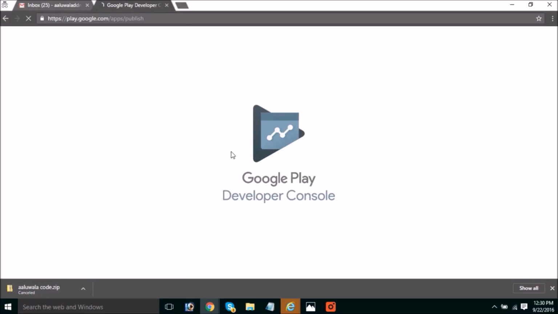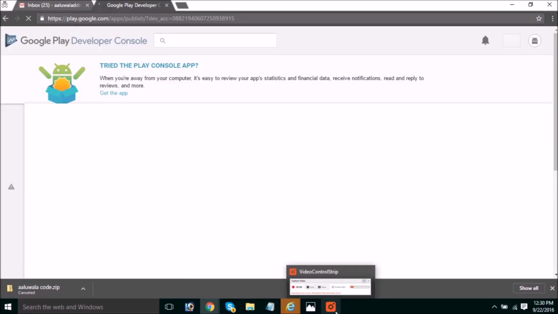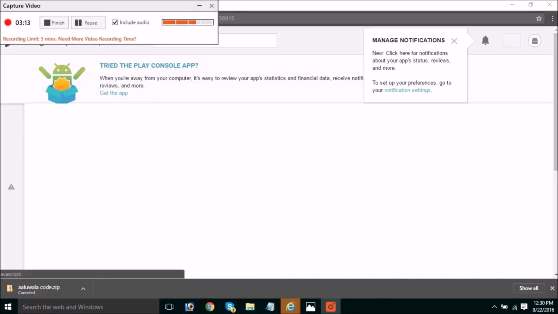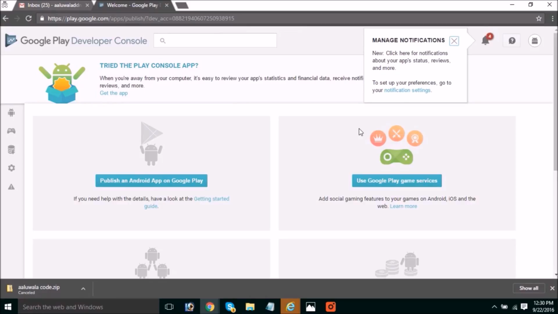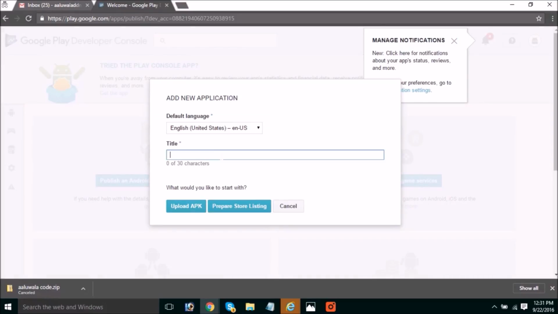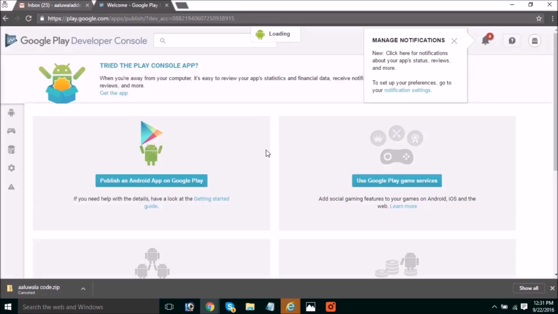Now the next step will be uploading the APK and provide the images in several resolution and in different width and heights. For this you can use Photoshop or Paint. Paint will not work when you will make the PNG images, so you can make high resolution images on Photoshop. Now give a title of your application and upload the signed APK which we did before.